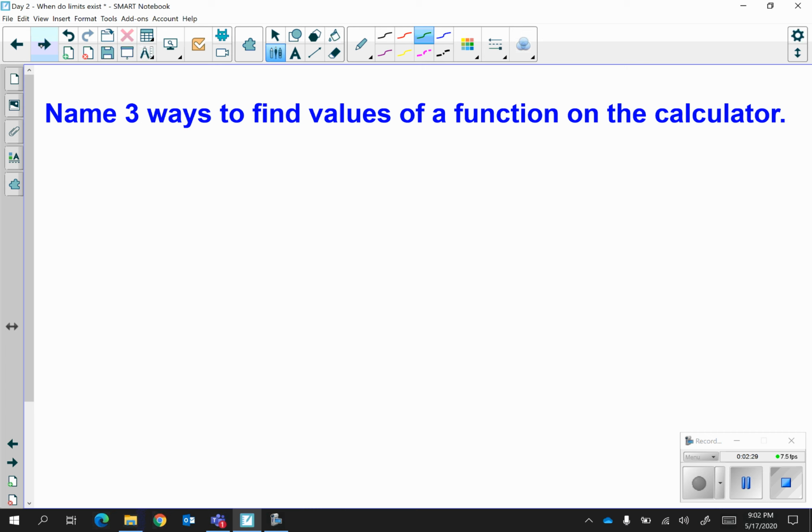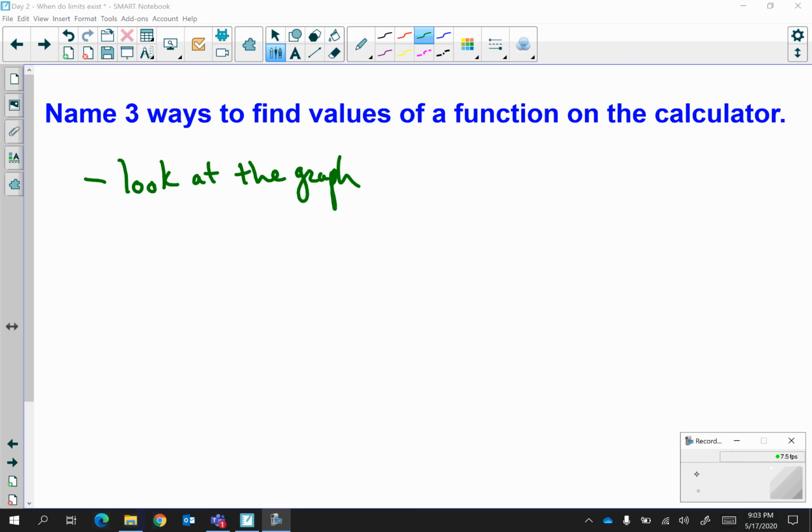So there are several ways to find values of a function on the calculator. One is that you can look at a graph. Keep in mind that when you do this, it's not the best way to get the most specific answer because you don't have the actual numbers on the graph in your calculator. Another way of doing that is if you're looking at the graph and if you want a specific answer,